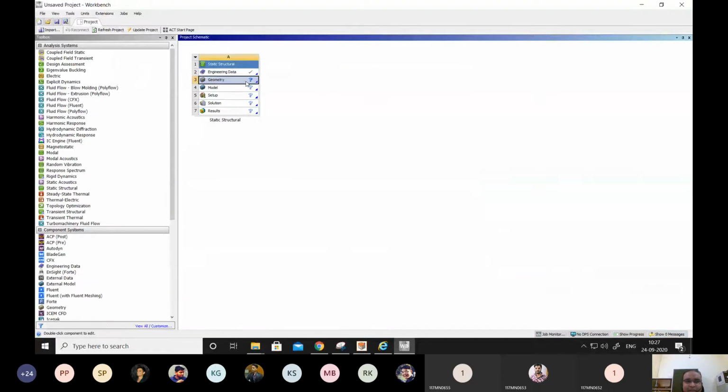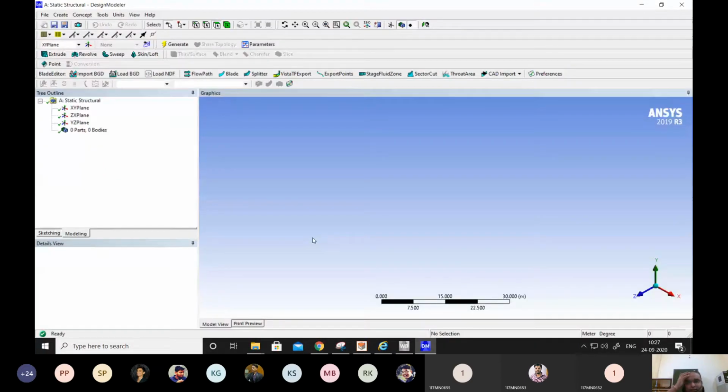In geometry, we have a full CAD-based geometry design. So we use the design modeler, an old version of design modeler in ANSYS. Even though it is old, it is quicker. The new version is quite heavy on the software side, so I won't open it now, otherwise it will take a long time. But the design modeler we will open. And it's all similar to the kind of AutoCAD work we do.